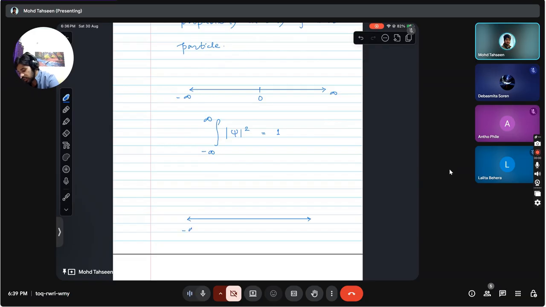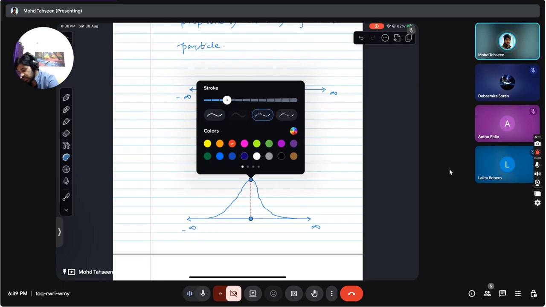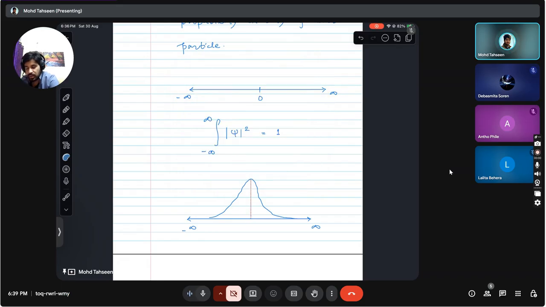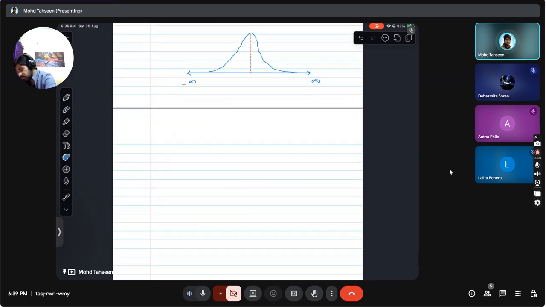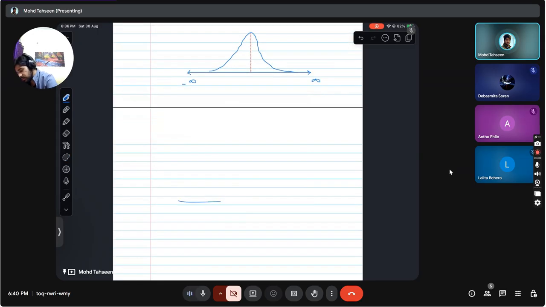Okay, and in more realistic situations, this psi square could look something like this. It need not be defined for every value between minus infinity to infinity. It could be something like, let's say this, right? It's 0 everywhere and somewhere it peaks up. If it peaks here, for example, we see such behavior in one particle kept in a one-dimensional box of some certain length. Let me draw to make it a little bit more clear.